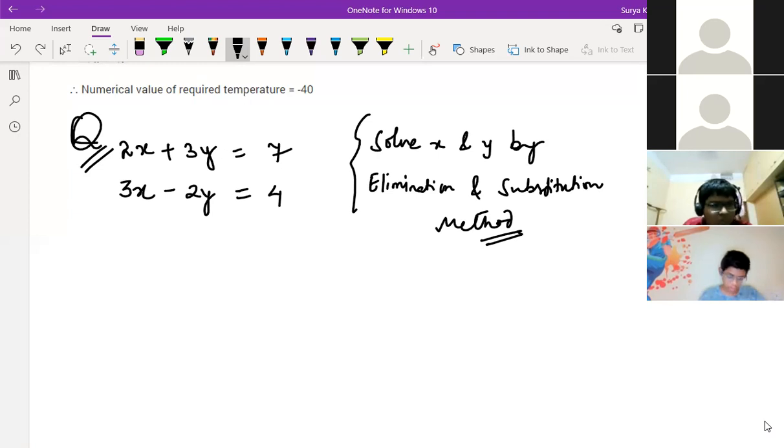So children, I don't think you people can solve this. "Sir, could you give us some time?" Yeah. Substitution is easy, you can do this one. Elimination is a bit tough for you, I think. Substitution you can do in a minute, but you may have doubt in the elimination part. Okay, I'll give one minute.